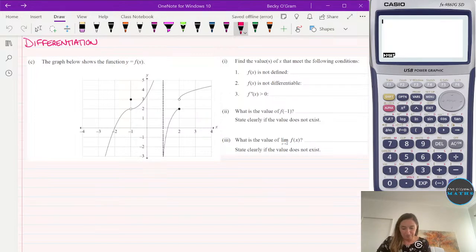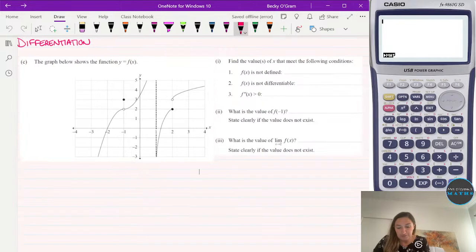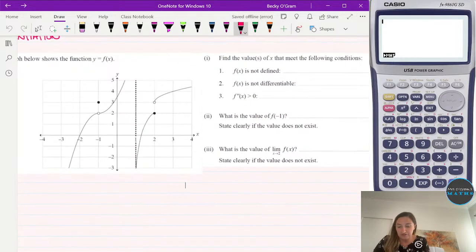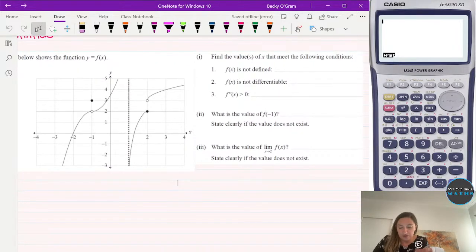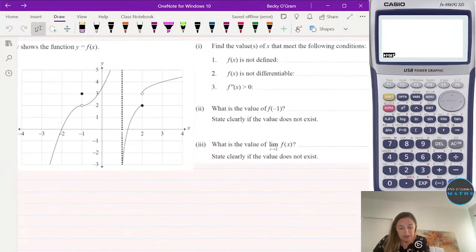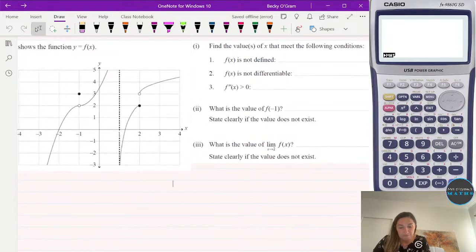All right, so we want to know the first place where f of x is not defined. So take a look at this graph here. Let me see if I can zoom in as much as possible. For it to be not defined, we're looking for anywhere where on the graph, if we were to put in an x number, we wouldn't be able to find an answer for what y would be. And the place that that happens is,